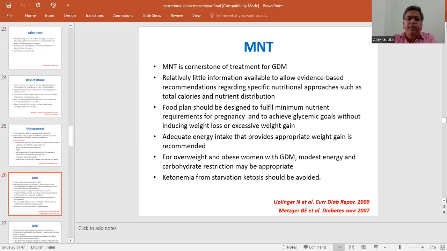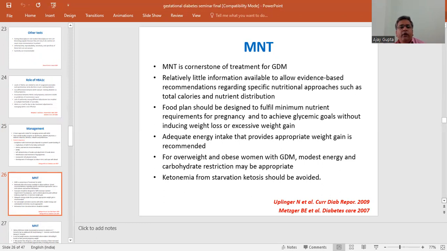Medical nutrition therapy is the cornerstone of the treatment of any type of diabetes mellitus, whether it is type 1 diabetes, type 2 diabetes, or gestational diabetes mellitus. Relatively little evidence-based recommendation is available regarding specific nutritional approaches such as total calorie and nutritional distribution. A food plan should be designed to fulfill the nutrient requirement for the pregnancy and to achieve the glycemic goal without inducing weight loss or excessive weight gain within the